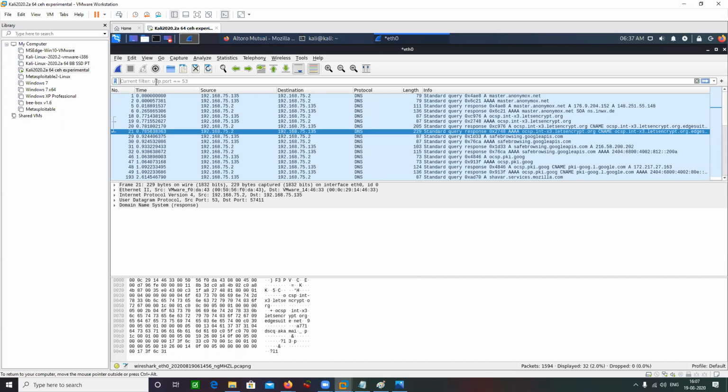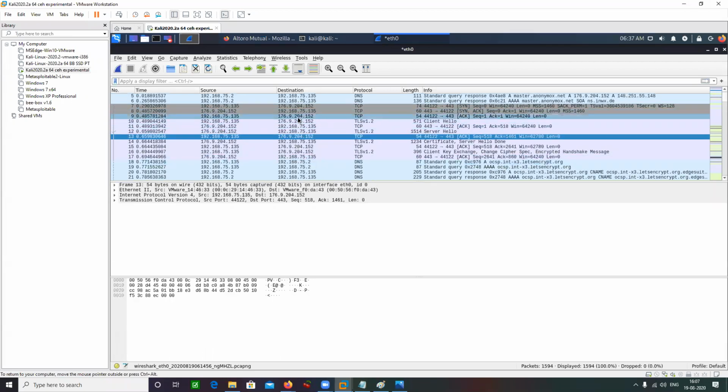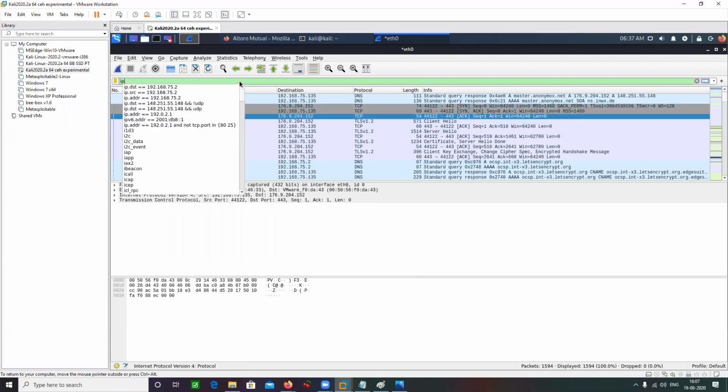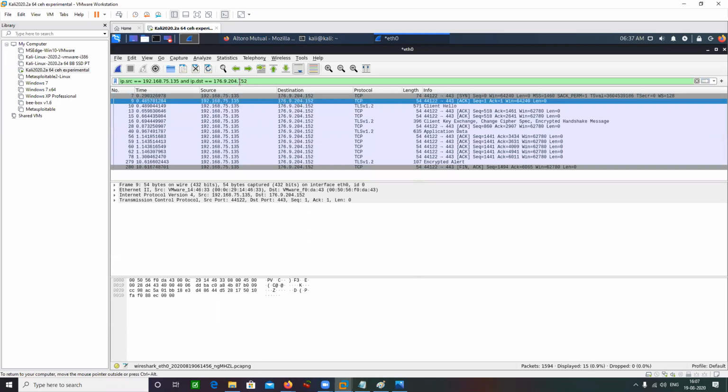So I can simply type here. Let's take this one as an example. ip.src is equal to my IP address 192.168.1.29, and ip.dst. Now you can see what I have done here.